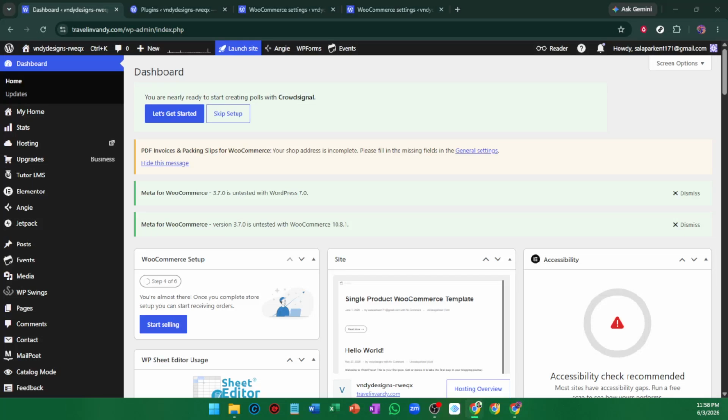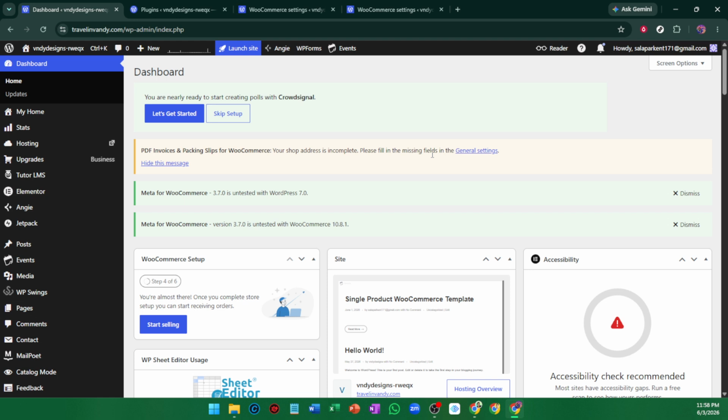In today's video, I'm going to teach you how to disable image zoom on WooCommerce product pages. If you want your product images to stay static and not zoom in when customers hover over them, this is a simple way to do it directly from your WordPress site using a plugin. This approach is especially helpful if you don't want to edit code manually and would rather manage the setting through